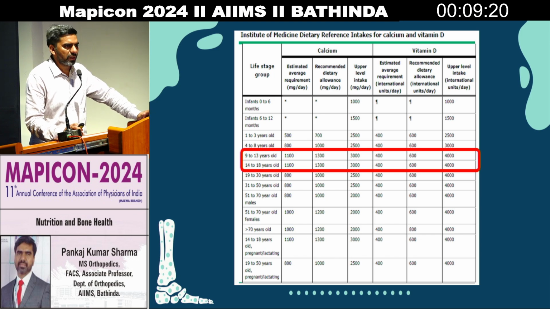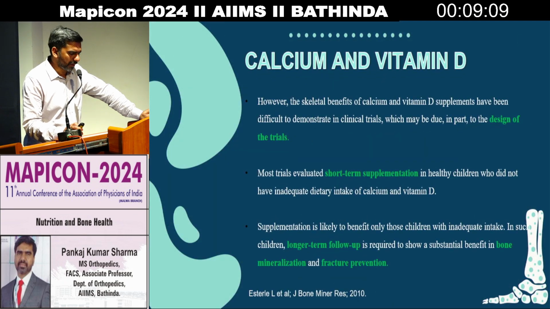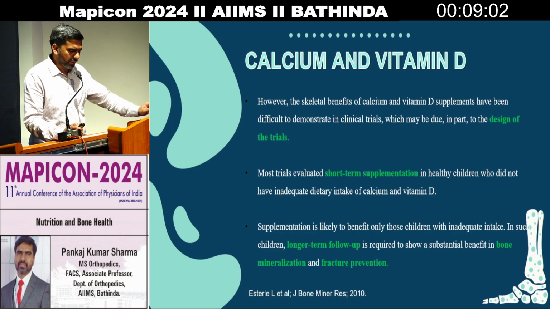But if there is some disorder in your kidney or liver or some chronic disease, then you have to measure these calcium and vitamin D accordingly. There are a number of trials which show the use or benefit of these things. But in my practice, if there is some other disorder, there is no benefit of calcium and vitamin D alone. So you have to search out the primary pathology of the bone health, bone disease.